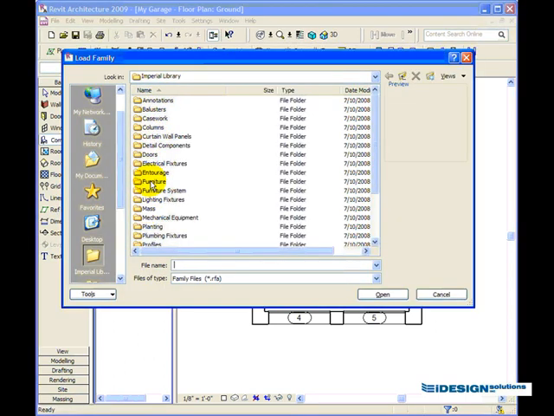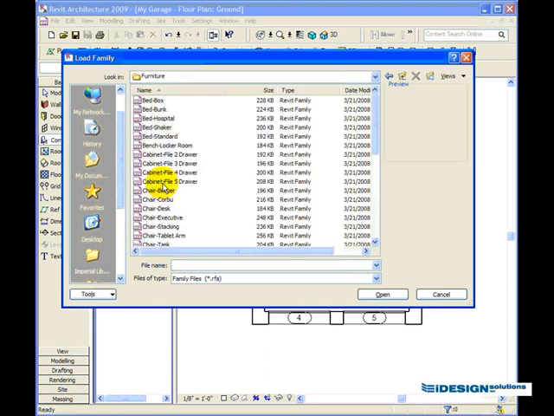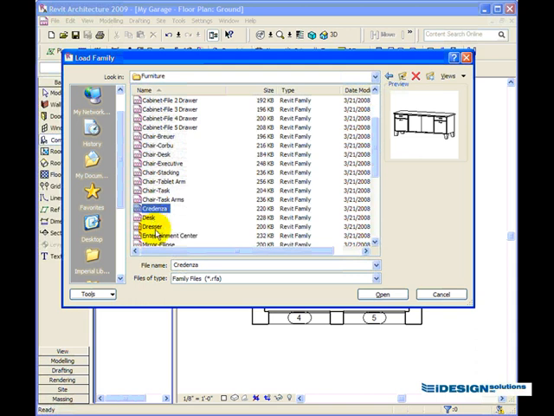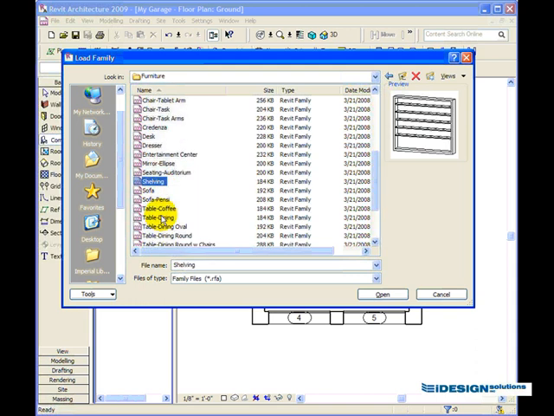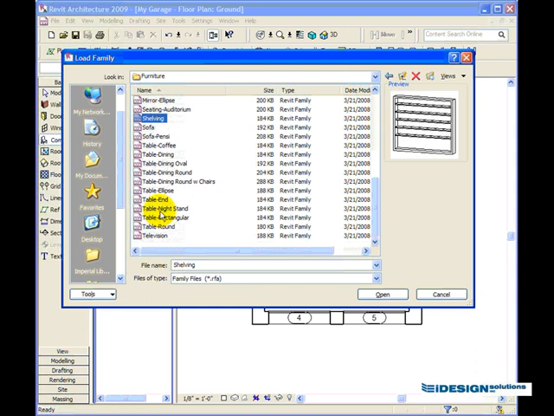For instance, if you wanted to add furniture in your garage, you can go into the furniture folder and you will see a series of furniture pieces. This library is somewhat limited, so what I'm going to show you is how to bring in additional objects that you can use throughout your architectural design. We'll click on cancel,